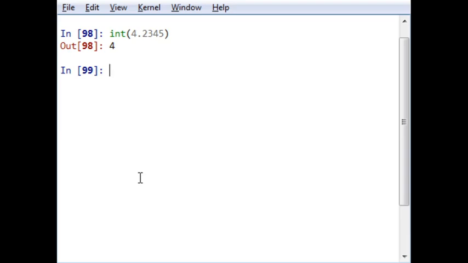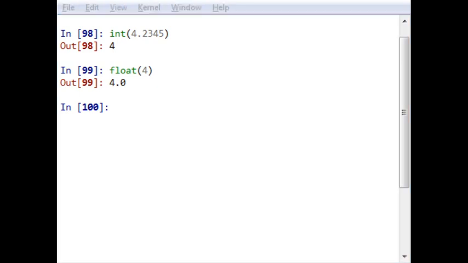The output will be 4. Why? Because the int function converts the floating point number into an integer. Now if instead of int I write float of 4, the output will be 4.0. That's because the number has been converted using the float function.